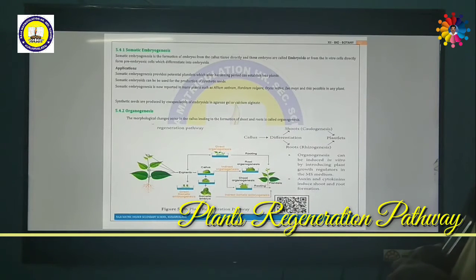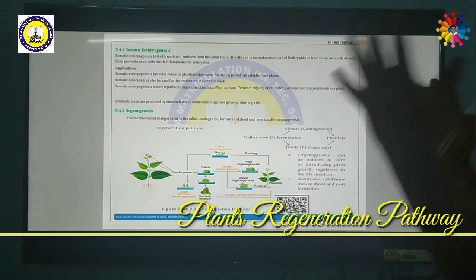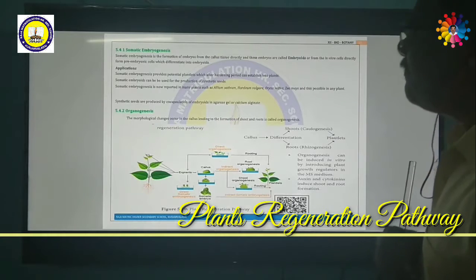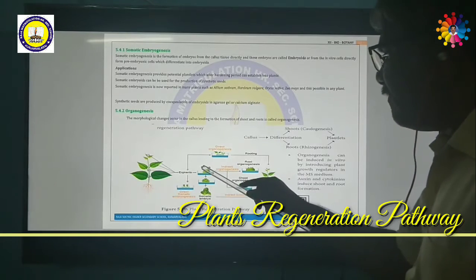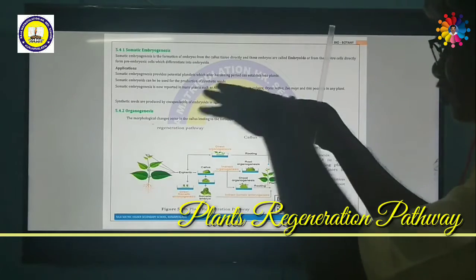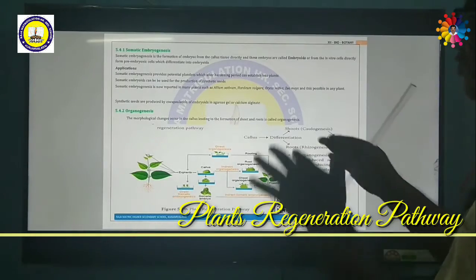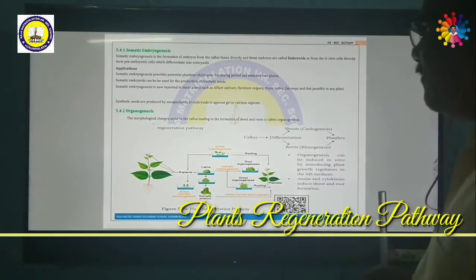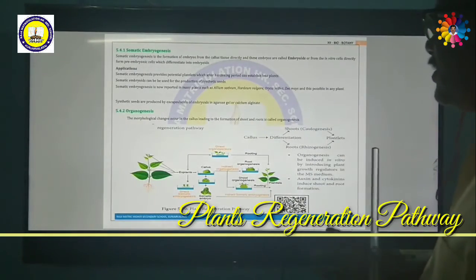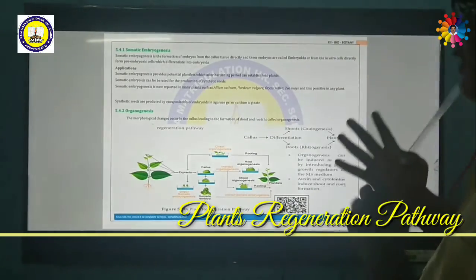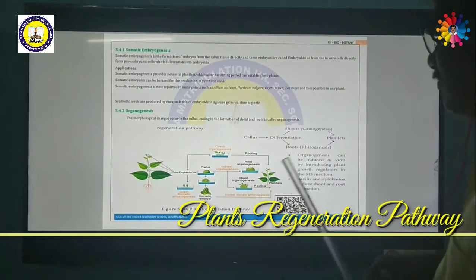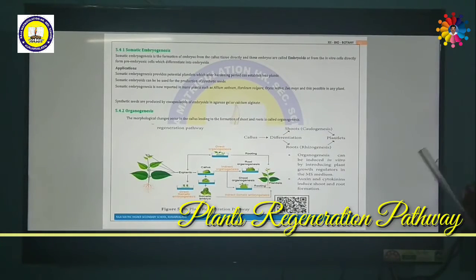Somatic embryoids can be used for the production of synthetic seed. So artificial seeds can be prepared. How can we prepare artificial seeds? If it is producing embryoids, the embryoids are encapsulated with a gelling material like agarose gel or various chemicals to protect them. That should be kept in aseptic condition. This will be kept for a long period. Whenever you need, you can use it on a culture medium. Then it acts like a seed, an artificial seed. So that is why it is called synthetic seed, artificial seed or syn seed.